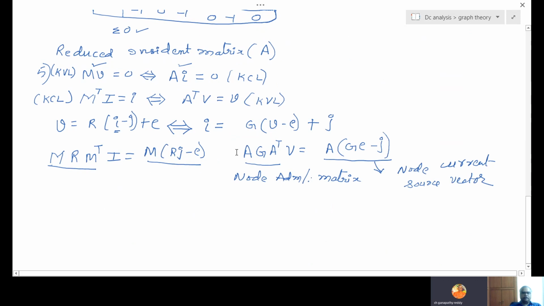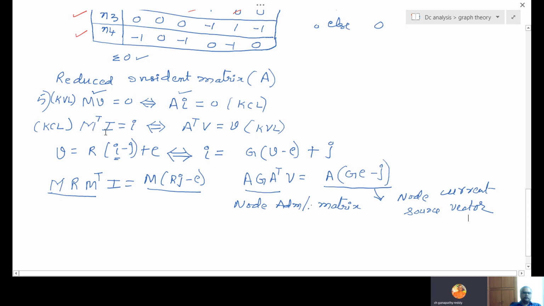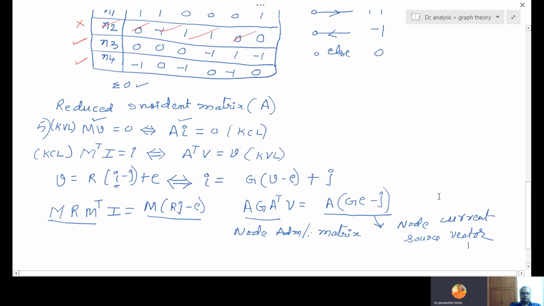So just duality I am using. These proofs given already, same way you can do these things. Then what is the use of cut set schedule is, in this already discussed how to find A, then A transpose is known. Then this A is already known. Problem is same, E matrix is known, J matrix is known.